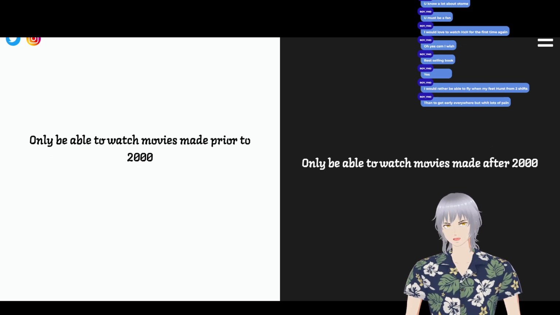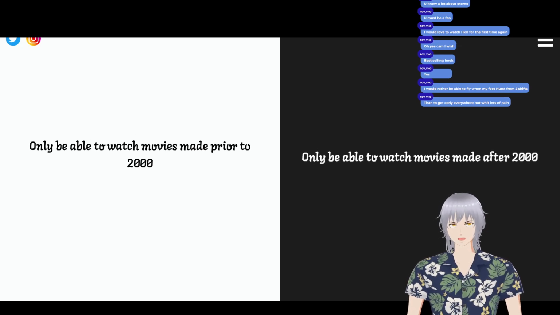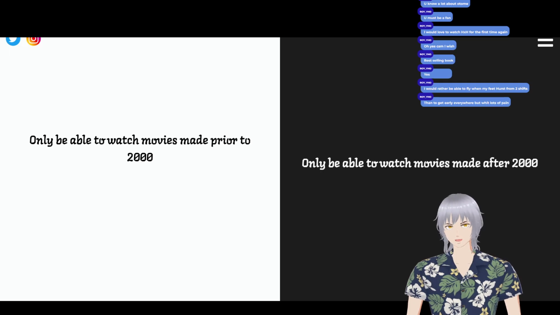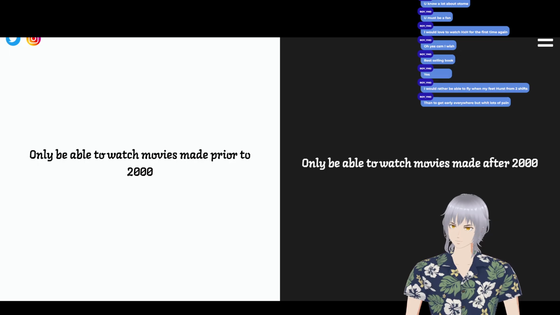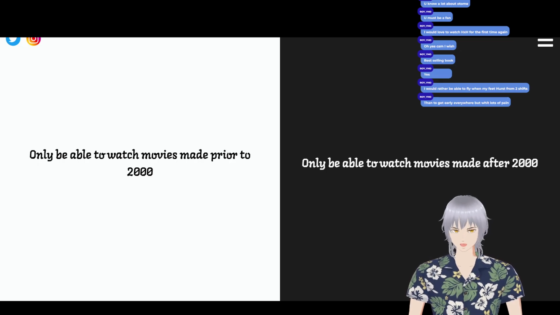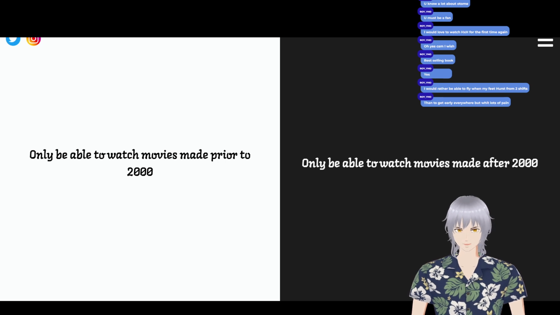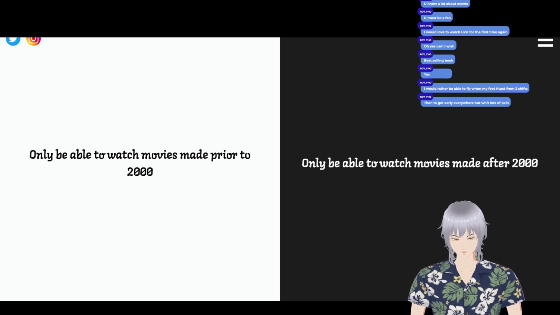Only be able to watch movies made prior to 2000. Only be able to watch movies made after 2000. There are a lot of good movies made prior to 2000. I used to watch a lot of old school Hong Kong 70s kung fu movies when I was young. And those are fantastic. But at the same time,